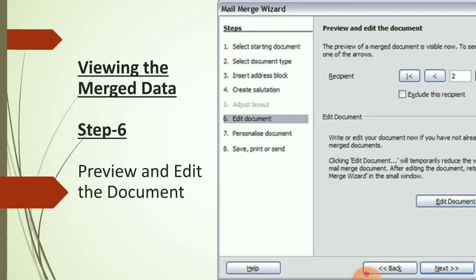And one more thing you can mention is how many recipients there are, to how many recipients you are sending this particular letter. After editing and mentioning all, you can click on the next button, so it automatically moves to the next step. Otherwise you can choose yourself.